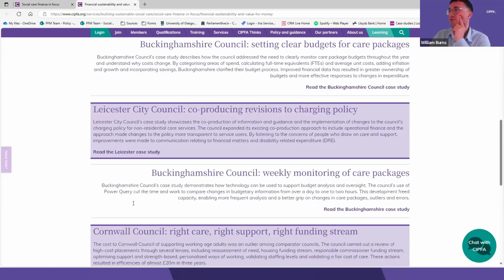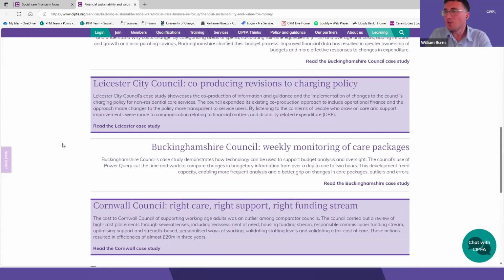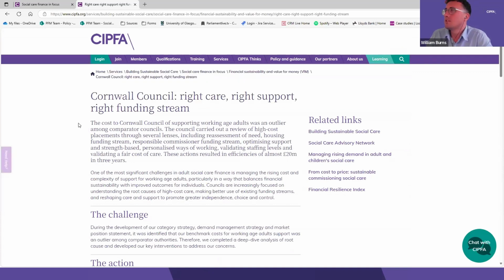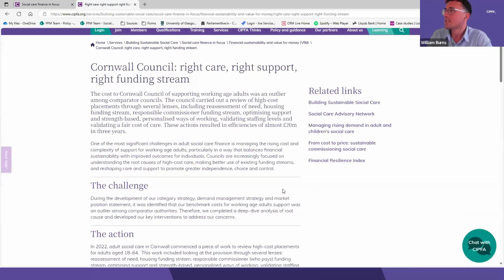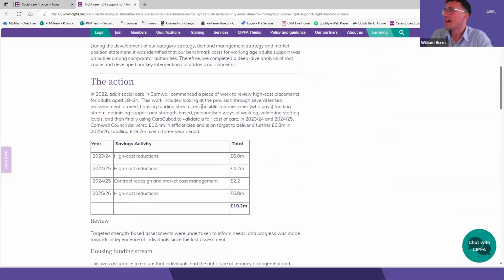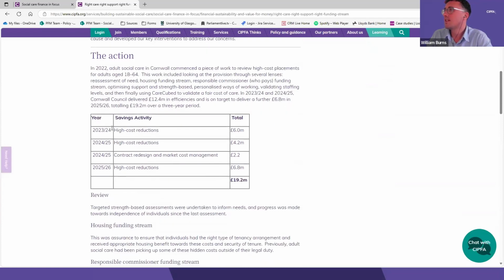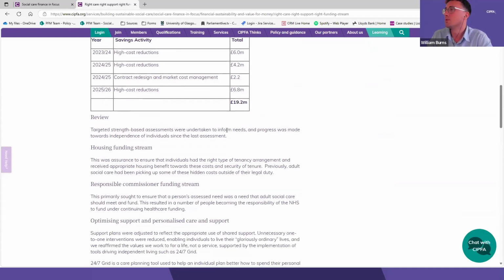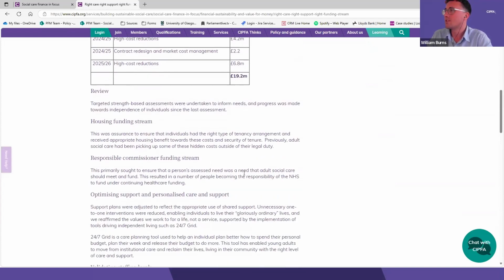So, for example, we're delighted to be joined by Sarah from Cornwall today. If I were to click on Cornwall's case study here, this will take you through to Cornwall's case study. Again, you've got a little bit of a summary of what the case study is. You have a piece that sets the case study in a broader context. And like I said, you have your challenge, you have the action taken by the council, and you can see that there's a heavy emphasis on detail and evidence and on what was invested when and how, and the different elements of the actions that were taken.